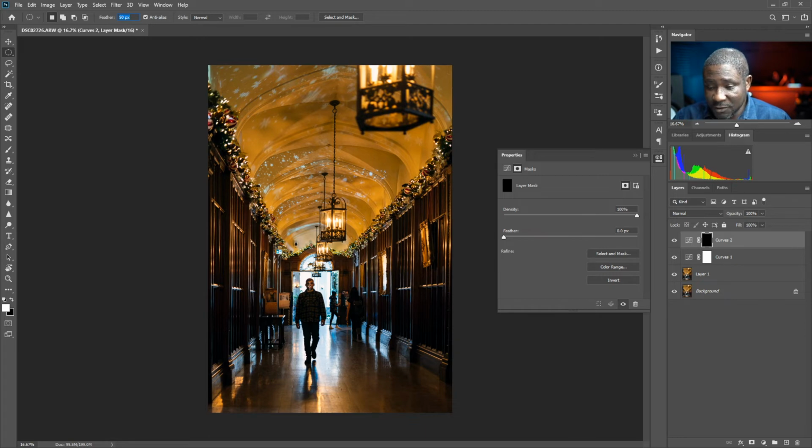And with that, I'm going to make a selection around the guy in here. You can move your selection by just holding down the space button. Let's see how this works. If this doesn't work, then we may just ditch it and do this in Lightroom, because it's actually easier to be done in Lightroom. And what I'm going to do with this is take my brush tool